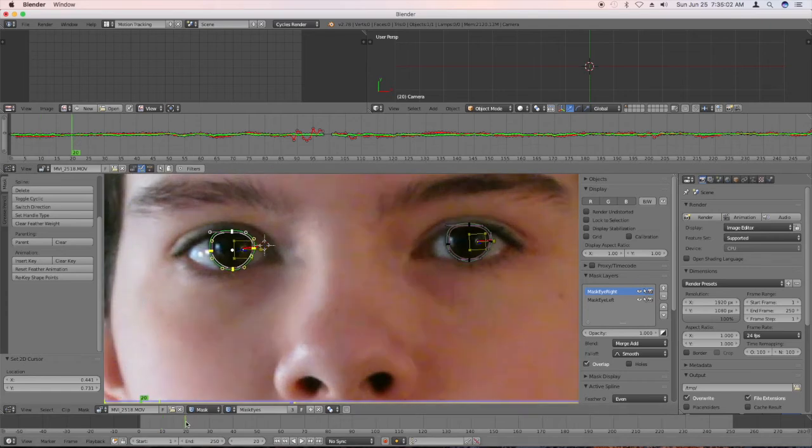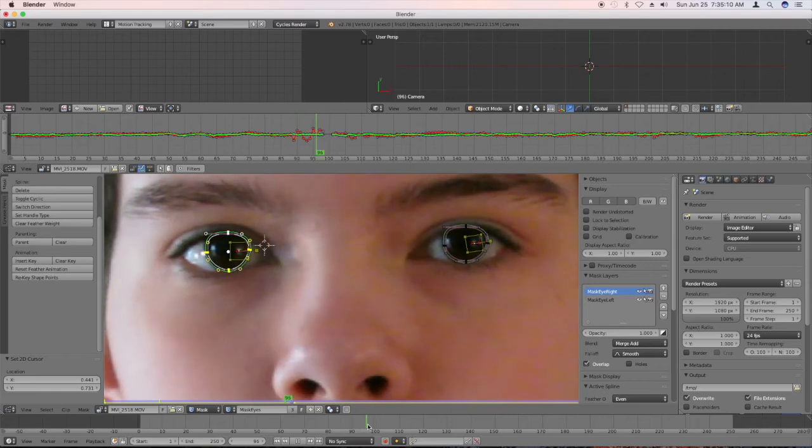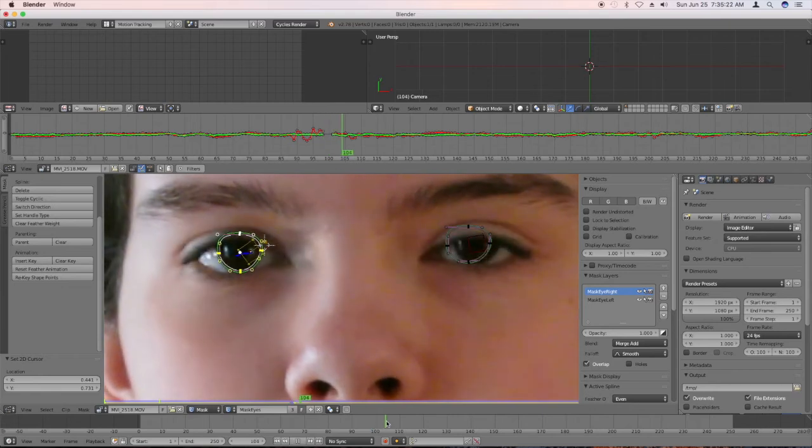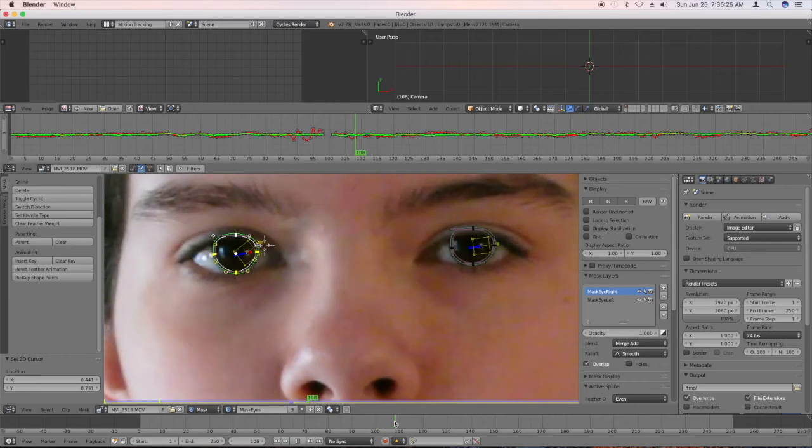What I want to show you is the part where she closes her eyes, because that's the fun part. That's where we really have to adjust the mask. So I'm going to go to where the eyes are open, because we're going to set a keyframe, and we're going to have to automatically close the eyes. What works well, as my mom would say, don't say good, say well, is if you go to wherever the eye is open all the way again,